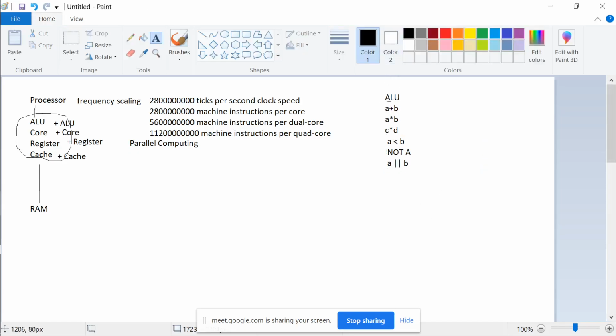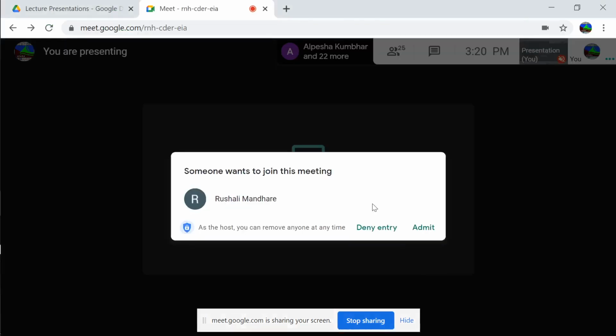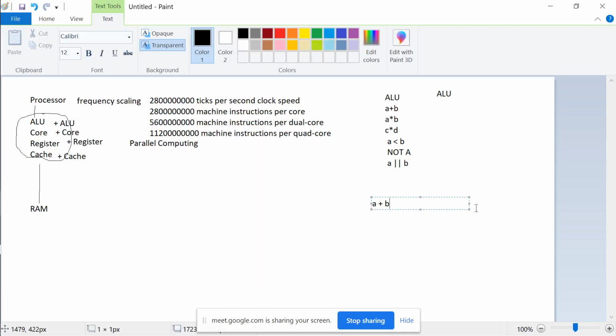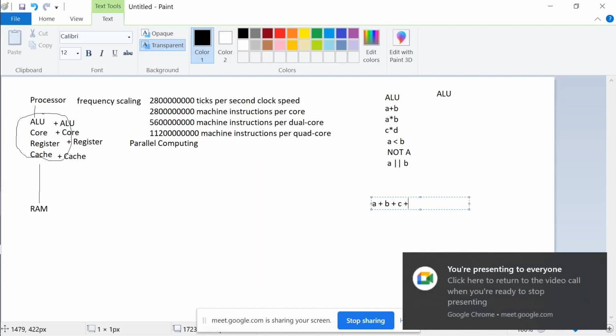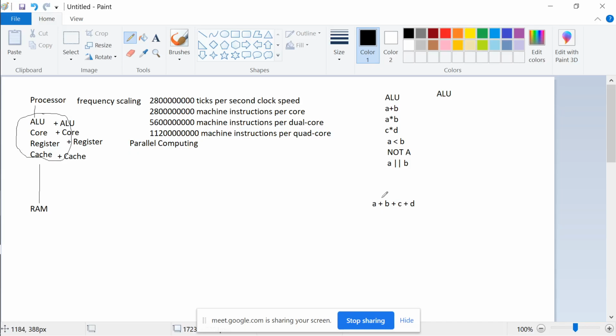While the ALU is doing all these operations, the core is doing something else. It is managing the instruction. But whenever the arithmetic and logical calculations have to be done, who is given that task? The arithmetic logic unit. So if I have a formula something like A plus B plus C plus D, it is very obvious that if I have 2 ALUs, even with 1 core, I can give A plus B to one ALU and C plus D to the second ALU.